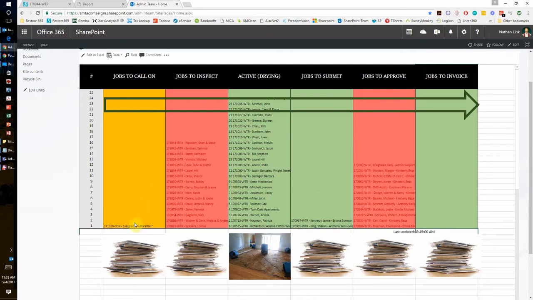But the key also is that these are stacks. If you see these pictures down here, they're supposed to indicate a stack of paperwork. How many are sitting there, how can we move it to the next phase, and why are they sitting there? So it's basically meant to visualize bottlenecks and visualize flow, and you can see how things are